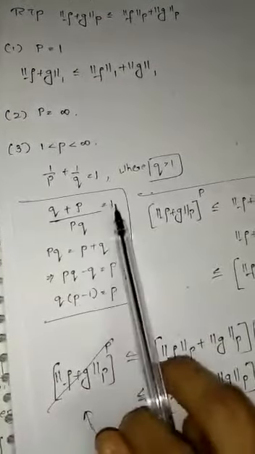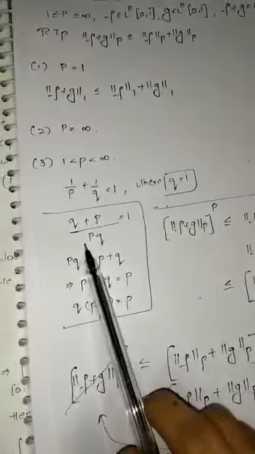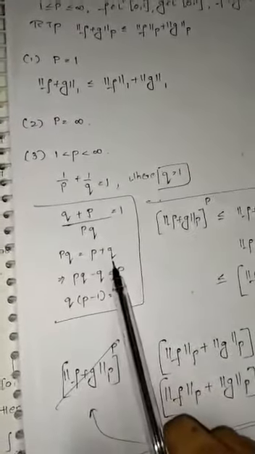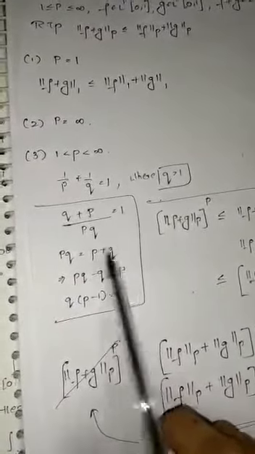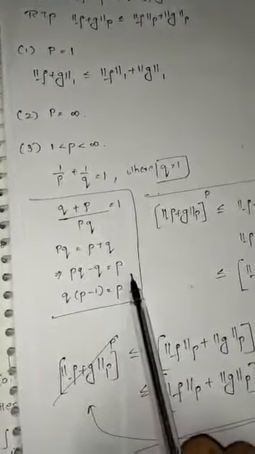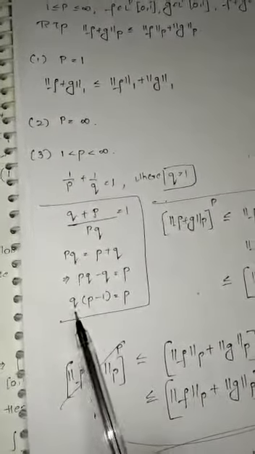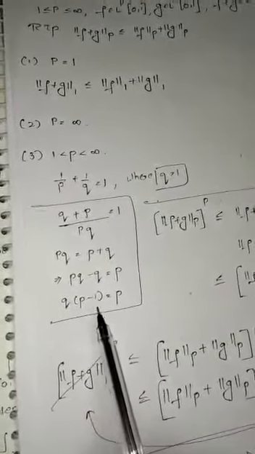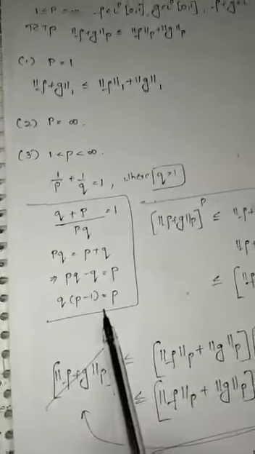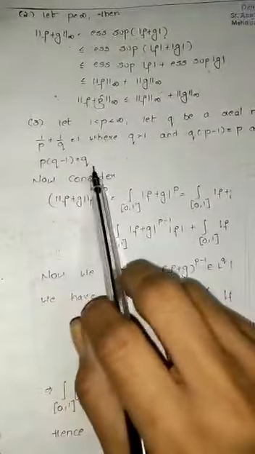When you take the LCM and cross multiply, you get pq equal to p plus q. So take this q to the left hand side, you get pq minus q equal to p. You can take q common on the LHS, it becomes q times p minus 1 equal to p. The same thing you repeat with respect to p. So you're getting two different conditions over here, girls: q times p minus 1 is p, and p times q minus 1 is q. This happens when you're taking the LCM, that's all.